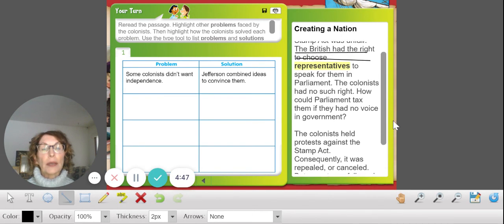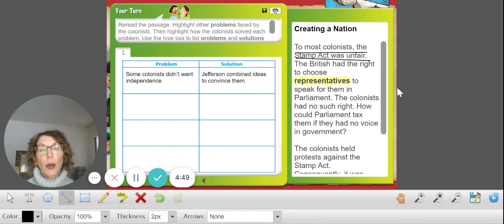So again, there is another example of problem and solution. And you would go ahead and type in your problem here. And the solution was for them to have a protest and